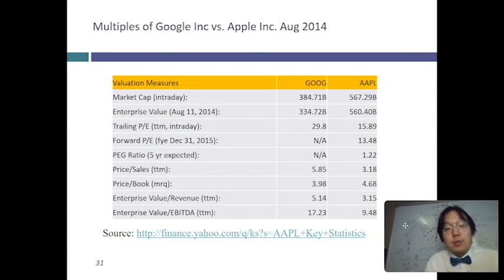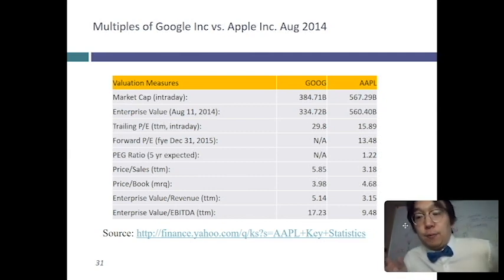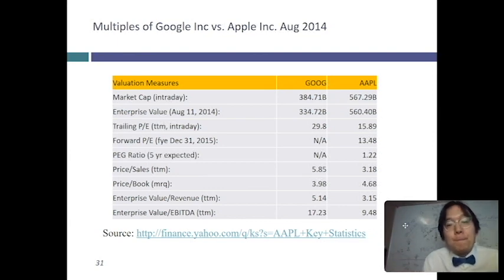Price to sales ratio, one of them. Price to book ratio, what is that? Well, for each dollar of book value of equity, how much are the investors in the market willing to pay for your equity stocks? And then enterprise value per sales, the EV to sales or EV to revenue ratio, is shown over there. And then the EV to EBITDA ratio is also there. Revenues is equal to sales, right?